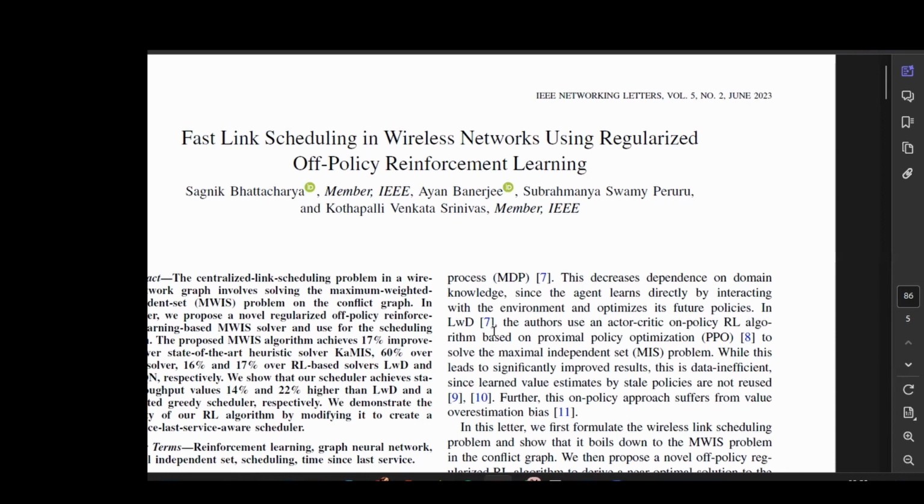The challenges in existing solutions are that existing heuristic algorithms for MWIS are memory intensive and slow for large graphs. Greedy algorithms, simpler but less effective, often fail to find near optimal solutions for dense graphs. Deep reinforcement learning is an emerging solution where an agent learns to solve MWIS via a Markov decision process, MDP, enhancing independence from domain knowledge, but with drawbacks in data efficiency and value overestimation. To overcome this, the proposed off-policy RL algorithm